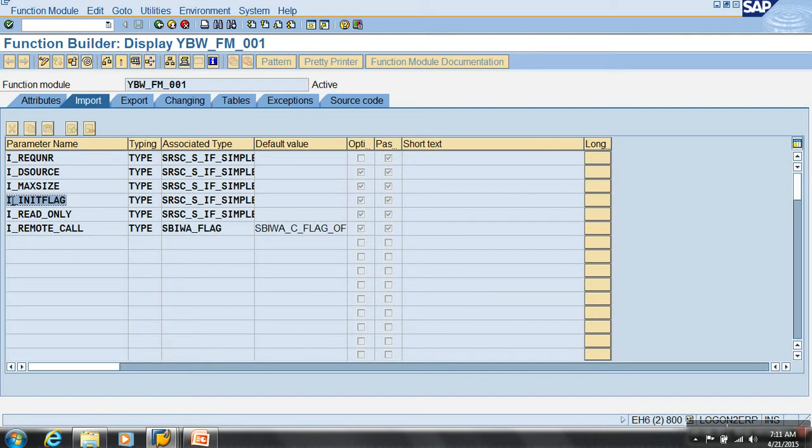Then the second time the API program calls the function module, that is for data extraction. When it is called with init flag equal to X, it is just for initialization, just for making it ready. When it is called from the second time, where init flag is not equal to X, it is called for data extraction.